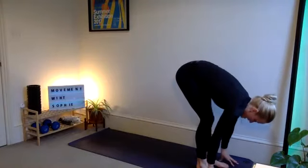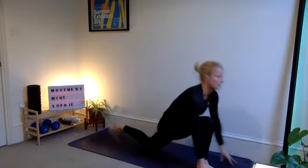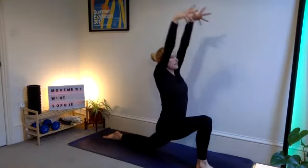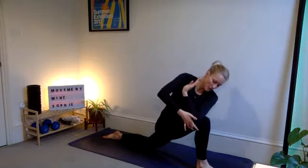Exhale, hand to the mat, step the left foot back, drop the knee down to the floor, broken crescent lunge, reach those arms up. Finding that twist, take the hands to heart center next, inhale. Exhale, left elbow to outer right knee. Find that hook. Sorry, you can't see me too well in all black, but left elbow is on the outer